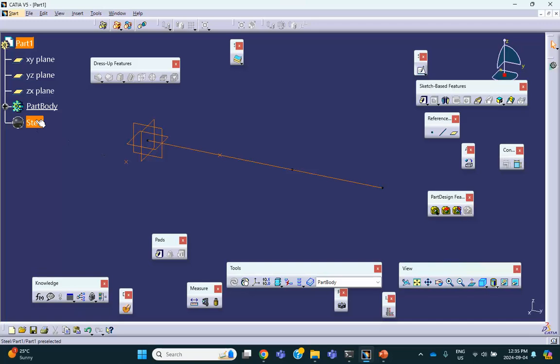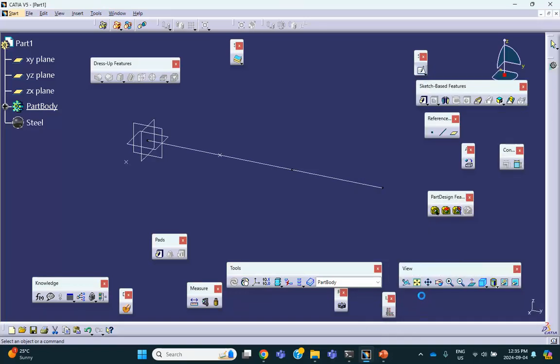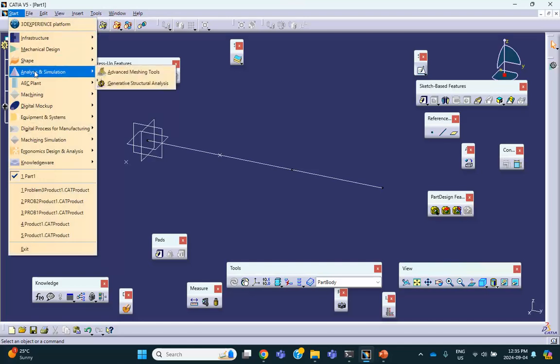I'm going to change slightly the Young's modulus so that it matches exactly what we have in the PowerPoint. Right, it's all done. Now, because I need to make sure that this point will be respected as a node, I cannot use the generative structure analysis in the usual way that I've done in tutorials 1 and 2 and mesh this thing. What I have to do is go to the advanced meshing tool, right there,